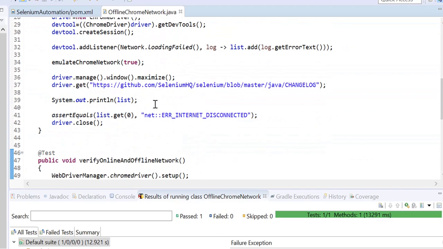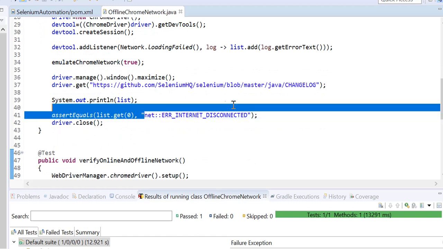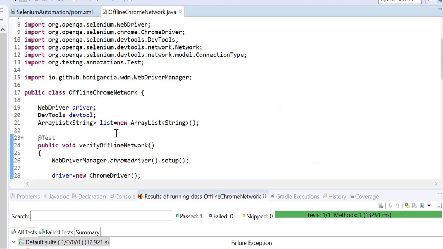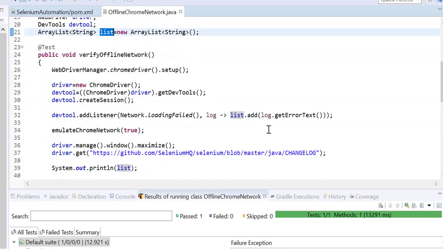In the first test case, I am verifying this error in the network, and I am capturing this error using my listener, and through the listener I am holding the error in a list. I am adding the list here. We can see a list, but we will get only one error.